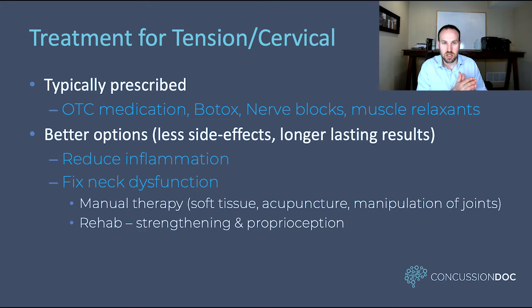Better options. You have less side effects, longer lasting results. Reduce your inflammation. Again, getting back to diet, exercise, and proper sleep, you can reduce systemic inflammation. And also manual work on the neck and rehab exercises on the neck. Loosening off the muscle dysfunctions, adjusting some of those joints, finding a good chiropractor that can actually relieve the tension in those joints, help you with rehab exercises to stabilize, a good physiotherapist. All of these things can help you to improve the neck function, which then takes away from the pain, takes away from the tension, improves function over time, and away you go.